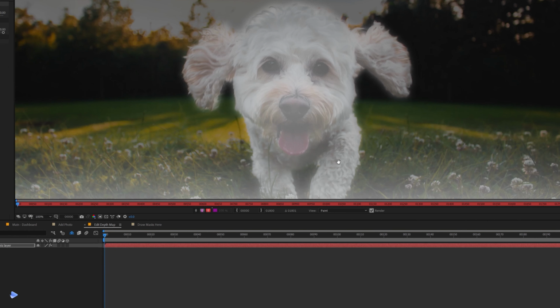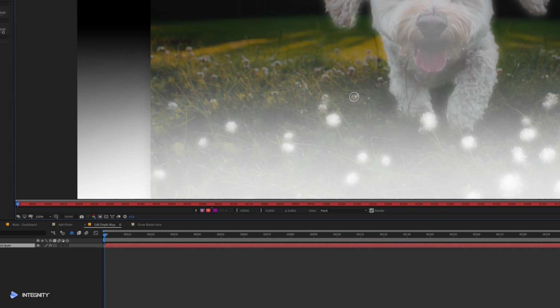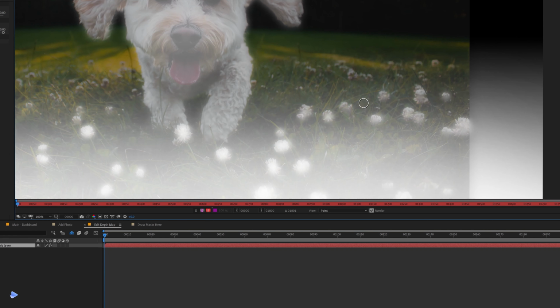So for these daisies that are closest to us, we'll apply quite a lot of white here, while those ones that are further back, we'll apply a slightly softer touch and try not to apply as much. This might take a while, so we'll just skip ahead when it's finished. And now you can see that we have all of these white dots on screen where all of these daisies